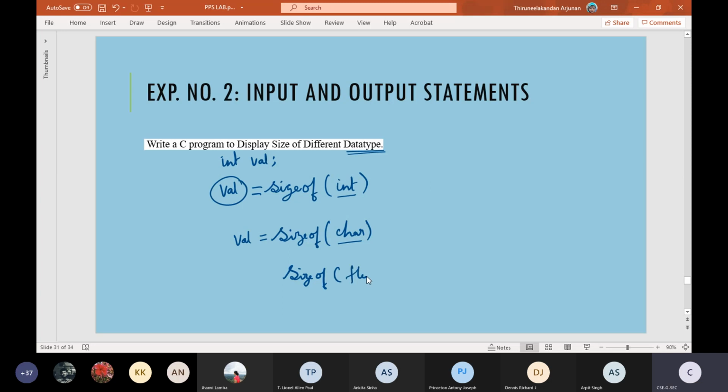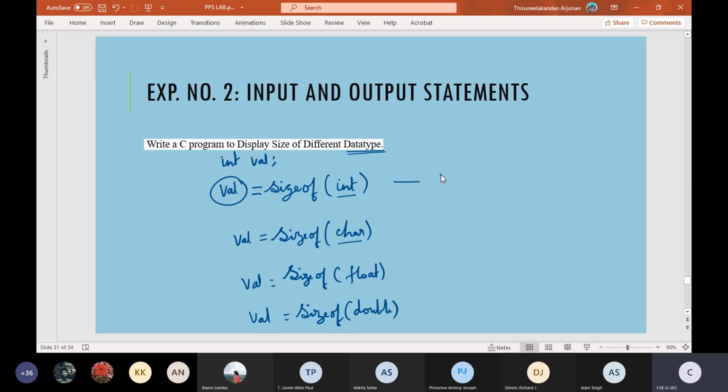That's all, very simple. This is a simple 3-line or 4-line program. Similarly, sizeof double. I want you to run this program now by coding it in Notepad or any other compiler that you have installed. Run this program and get me the output in your system. Tell me what the size of your data types is in your system.